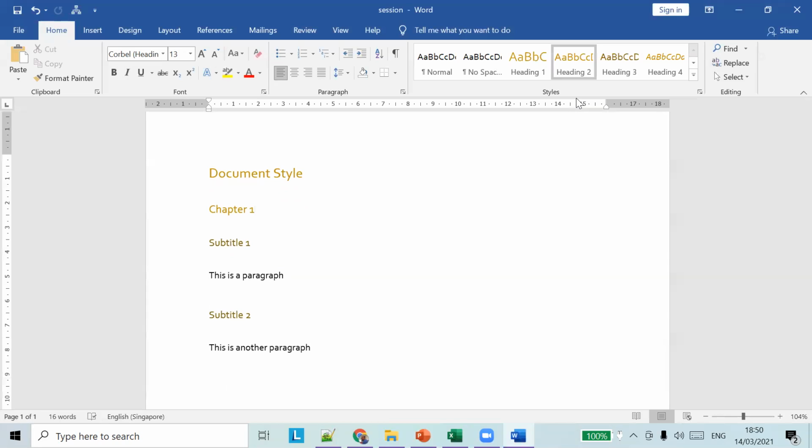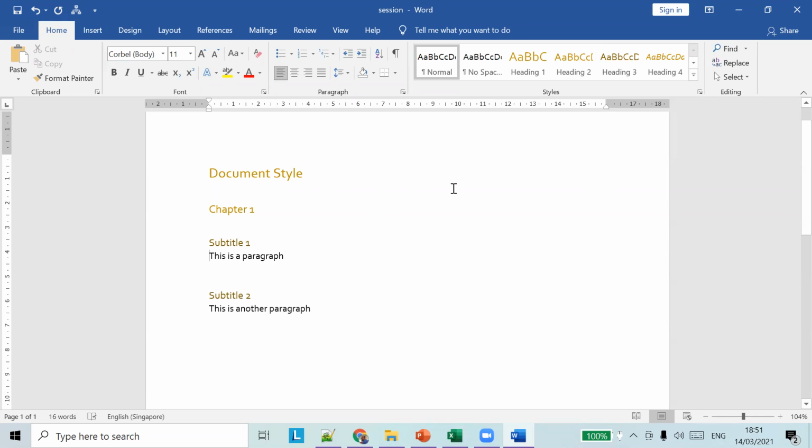In previous sessions we learned about headings. We saw what is Heading 1, Heading 2, Heading 3, and we had a session on all those things. Headings help you categorize a document into different sections, so we can apply different levels to each section of a document.